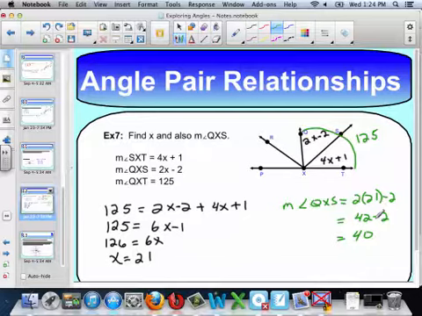Guys, again, I have to make sure we make this very clear. Notice that this x, the 21, is not the same as the vertex. There's a reason why we have lowercase x's and uppercase x's. Uppercase X's are the points, the vertices. Lowercase ones are typically going to be your variables, so you might want to be careful about that. All right, I think that pretty much finishes up our notes for